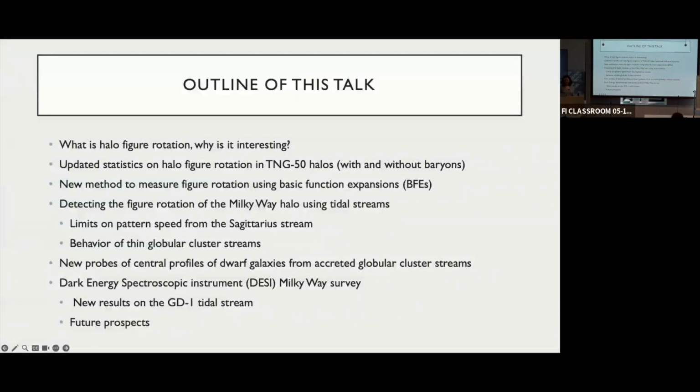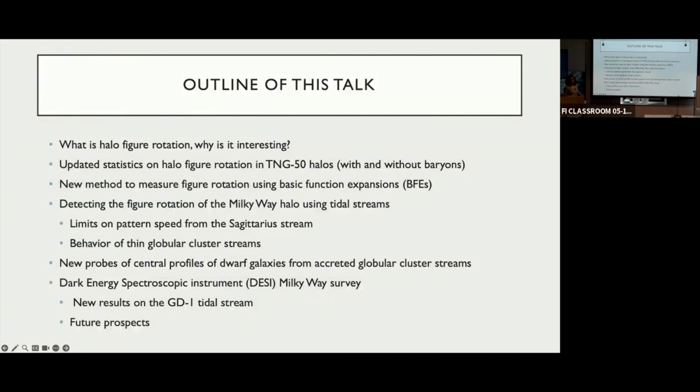I'm going to tell you about this phenomenon called figure rotation, which I'll explain. It's actually been known to be a property of CDM halos for 30 years, but it has been very little studied. And I'll give you some updated statistics on this in TNG50 halos. And then I'll tell you about a new way to measure figure rotation in cosmological simulations